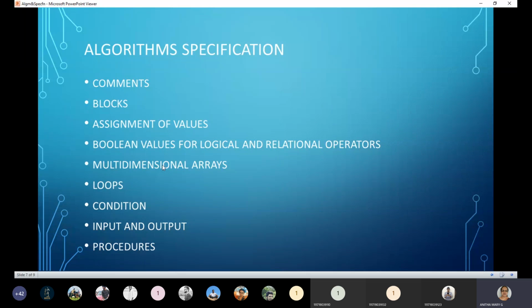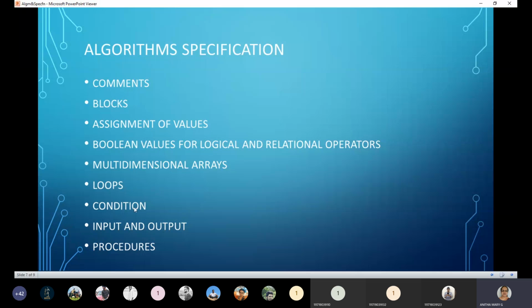And multi-dimensional, square brackets. Say, suppose A of i comma j: A open square bracket, i comma j, close square bracket. So that's how we give the two-dimensional array. And coming on to the loops, it's the same thing as how we write in programming languages. Say, while condition do, curly braces, and within that block, we can write the number of lines of code.